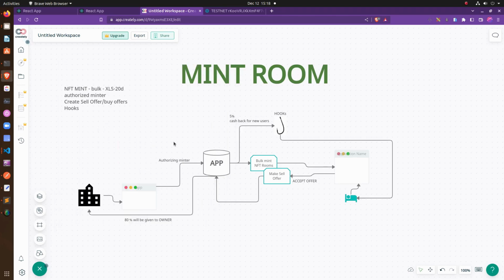Hello everyone, I'm Yashwant and today I'm going to discuss the Mint Rooms project, which utilizes the latest Ripple Network's XLS-20d. So currently this Mint Rooms project utilizes the XLS-20d, and the functionality that has been implemented in this project